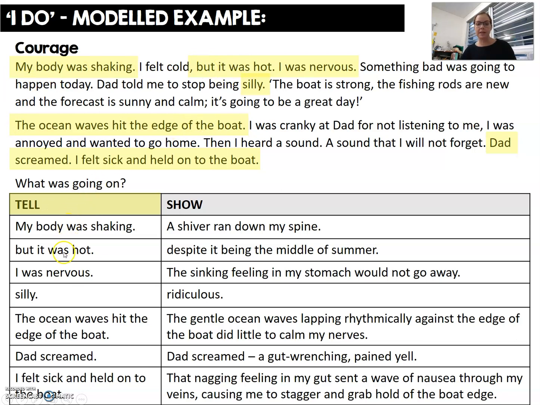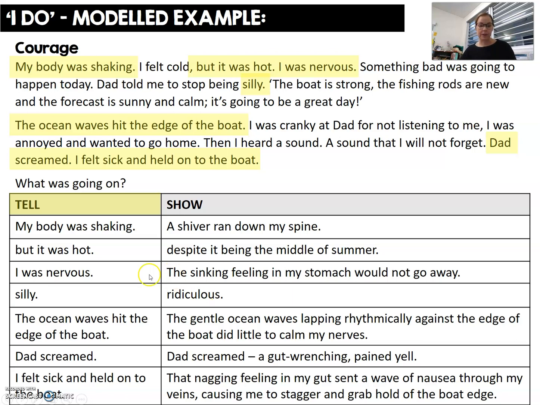So I've got a list of them here on the left-hand side of my graphic organizer. What we're trying to do on the right-hand side is to paint a picture, so to show the reader what was going on. So instead of saying my body was shaking, I could say a shiver ran down my spine. I felt cold, but it was hot, despite it being the middle of summer. Using that phrase paints a better description and alludes to the details of your graphic organizer about creating the setting